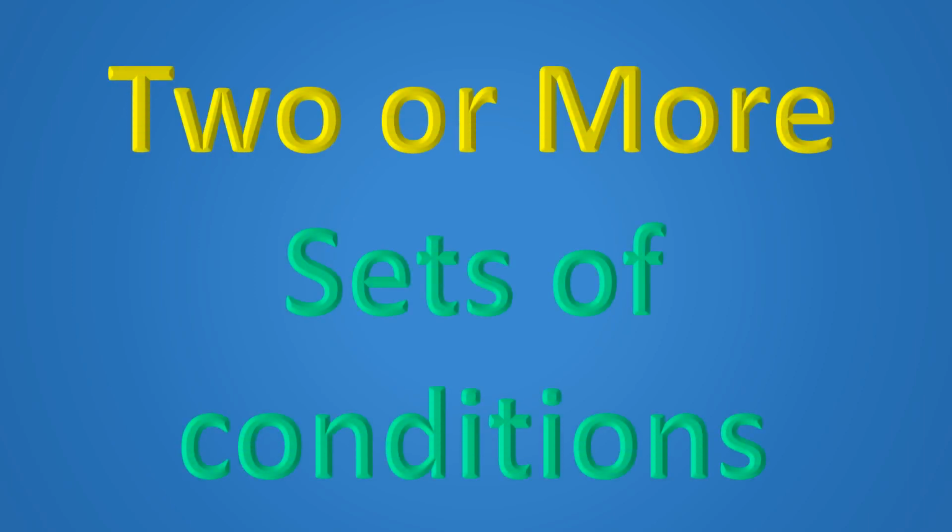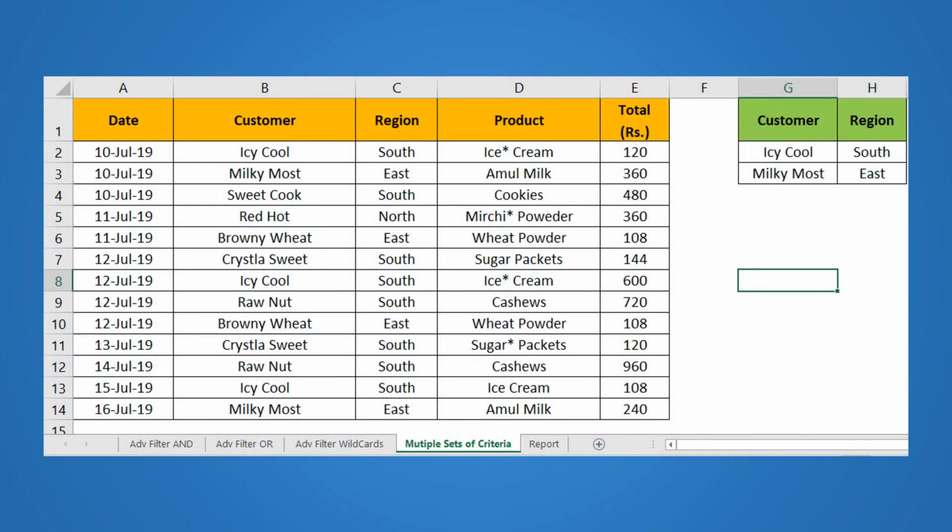Now let us see how to give multiple sets of conditions to see how robustly the advanced filter works. Here we have given both AND and OR conditions on multiple cells. So the filter function should understand the AND condition for the conditions mentioned in a line, combined with the OR condition given in the next line on both the fields.